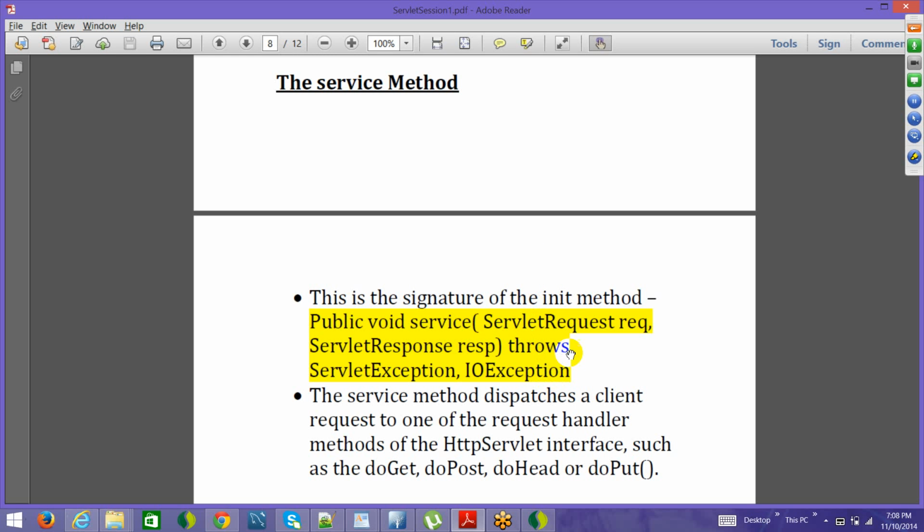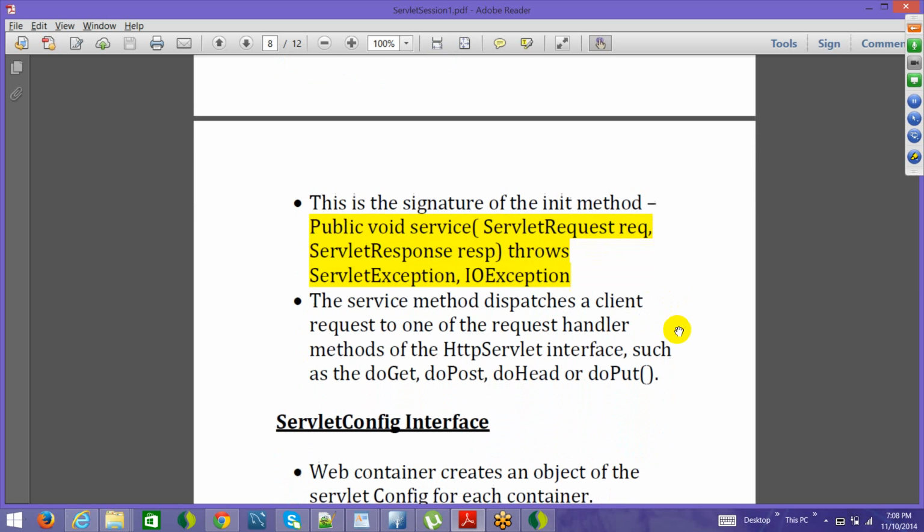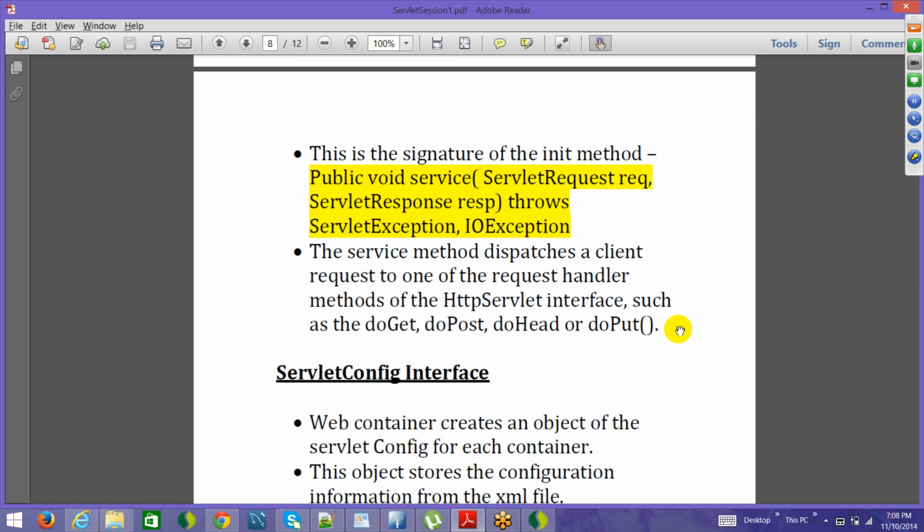And then you have the reference which the HttpServlet class implements, HttpServletRequest and HttpServletResponse. Okay, and that request has all the parameters which are set on the UI. The service method dispatches a client request to one of the request handler methods of the HttpServlet, such as doGet, doPost, doHead or doPut, and this is what I was talking about earlier. Alright,